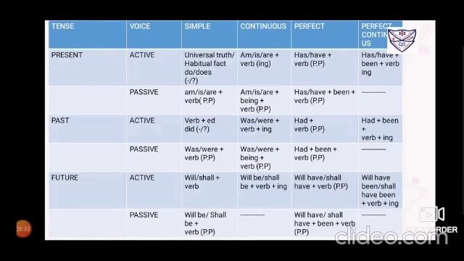When going for the continuous tenses, we will always have am, is, are, and the verb in its ing form, continuing form. So present continuous tense: I am eating an ice cream. In that passive voice, am, is, are will remain the same, but the verb that carries ing, you will remove that ing from the verb and give it to the be form, that becomes being. And the verb, because in passive voice the verb should always be in its third form, that is the past participle form.